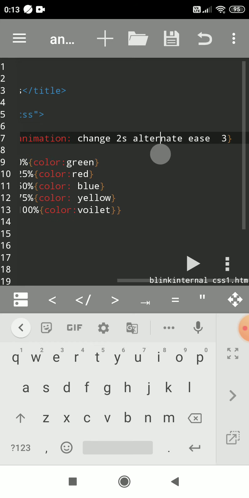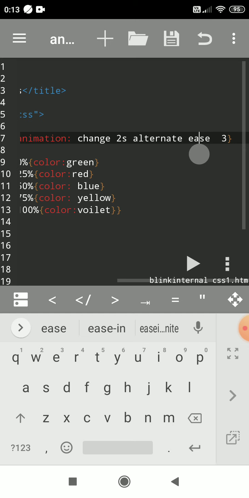There is one more value here, and this is nothing but the animation speed, the curve, in which speed the animation should run. So ease is the default value.